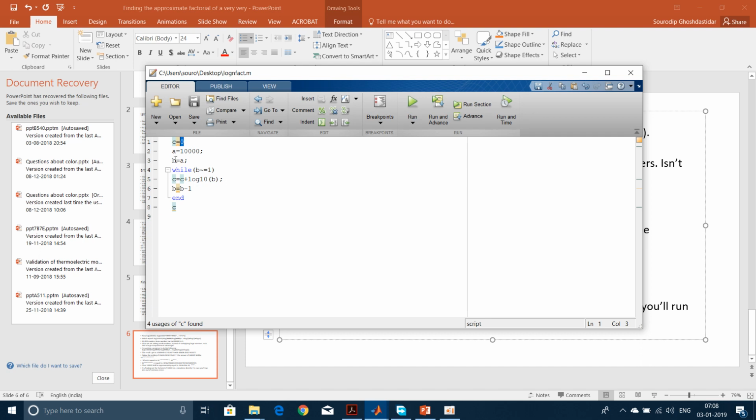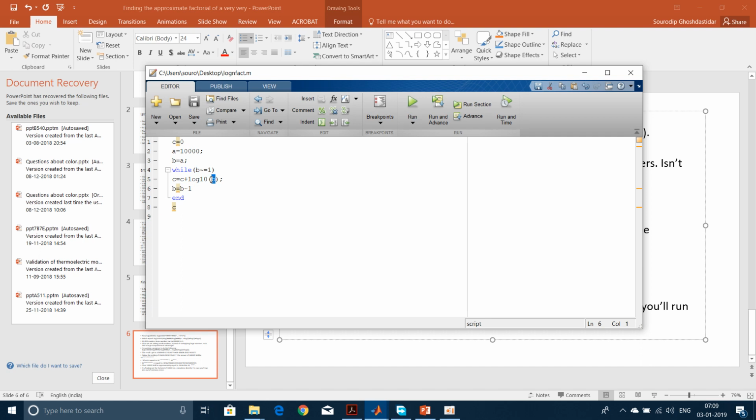So we start with C equal to 0 and then keep on adding the logarithm of the different numbers which make up the factorial. We first start with logarithm of 10,000 and then we decrease b by 1. So b is now 9,999 and then we calculate the logarithm of 9,999 and then add it up to c. And then we decrease b by 1 and then